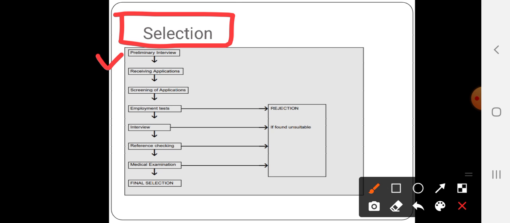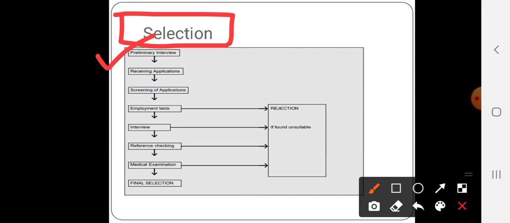First is the preliminary interview. I'll give an example. Suppose you are going to apply to any MNCs or IT companies. You will get a normal telephonic call first. They'll ask you about your introduction, what you have done previously. They will ask just about yourself. That's it. And then after some time, you will receive a mail, and they tell you that you have been shortlisted for the role, and you have to face different interviews in the upcoming days. So that is a preliminary interview where they just check your communication level.